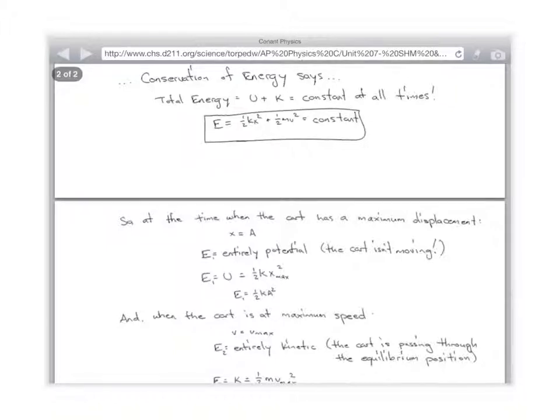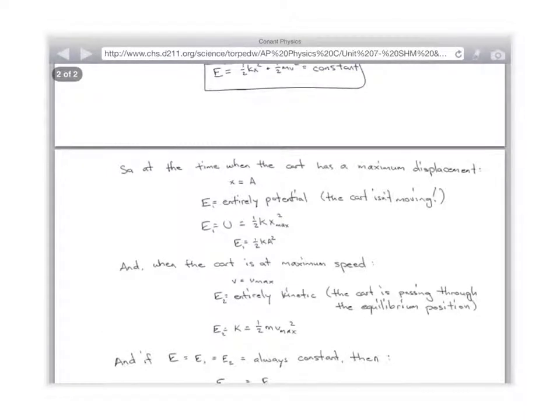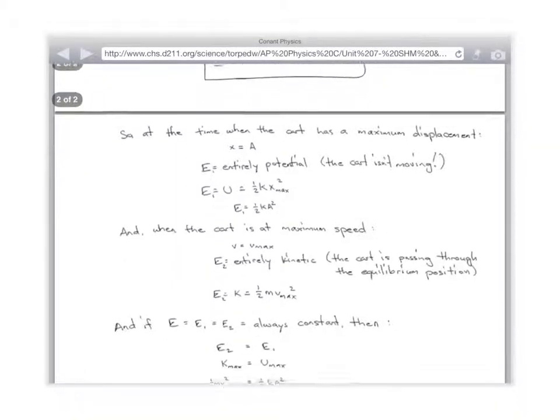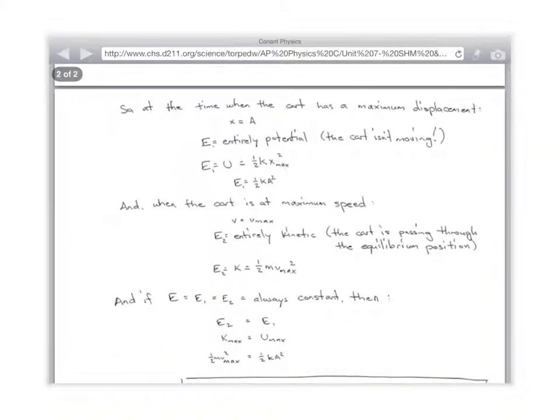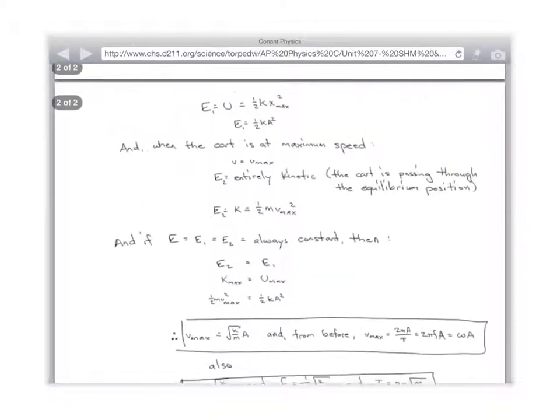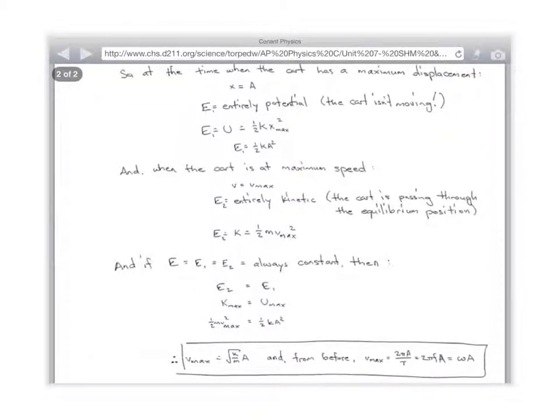Then when the car is at the maximum speed in the middle, how much potential energy does it have? 0, right? So it's at its maximum speed. So at point 2, the energy is entirely kinetic. So its kinetic energy is 1/2 m v max squared. So therefore, we can make this statement that 1/2 m v max squared is 1/2 k A squared,